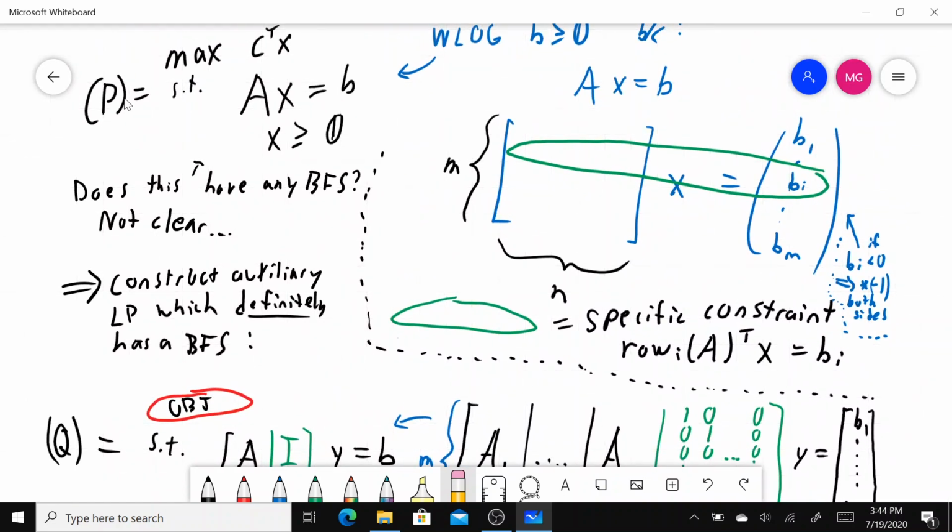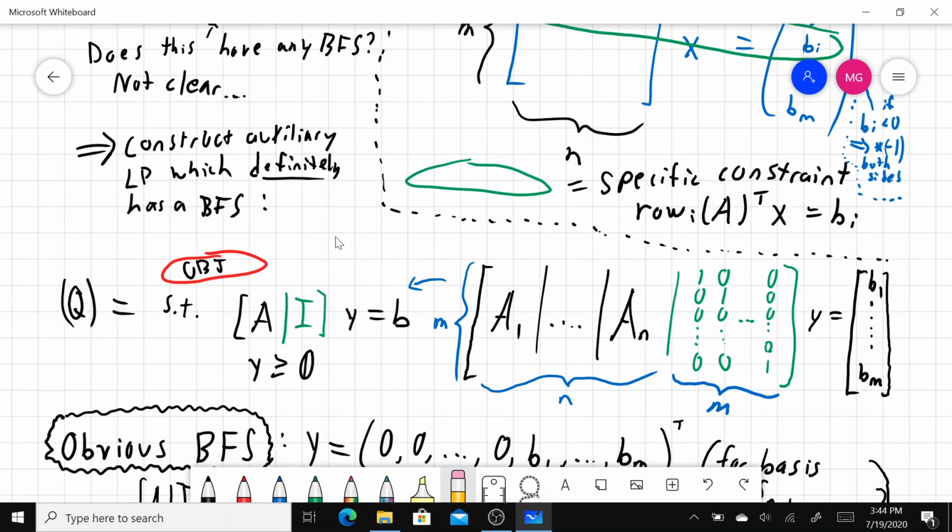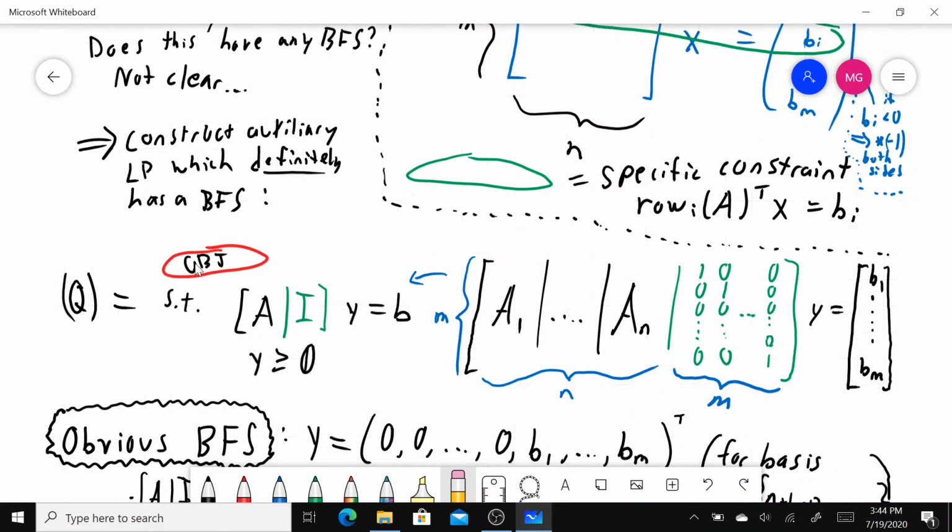And so P will be our original, and Q will be the auxiliary. So here's P up here, and here's Q, the auxiliary, and here's what it is. I've just put a placeholder for the objective function for now. We'll address that in a moment, but for the constraints, you have this matrix of constraints, this matrix here, times